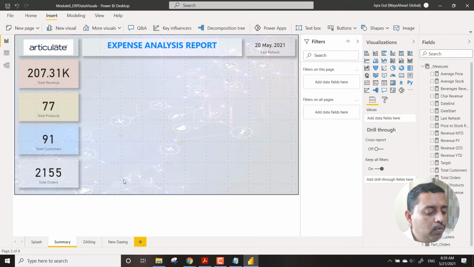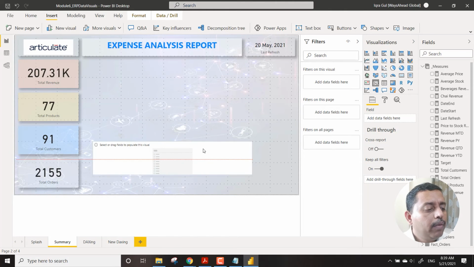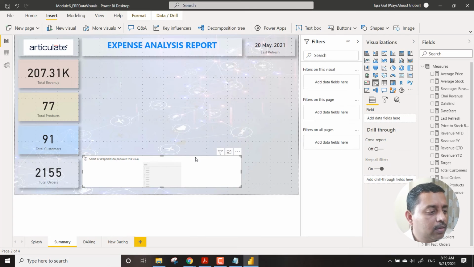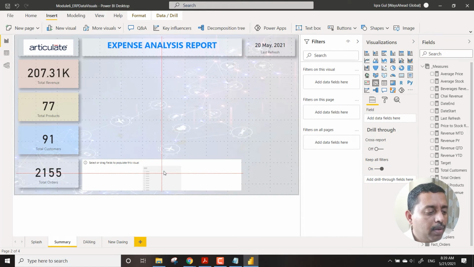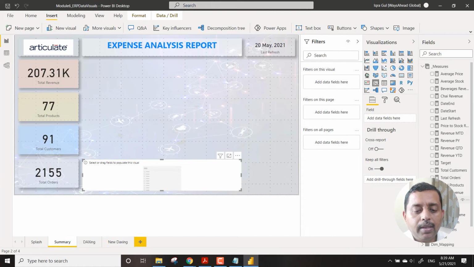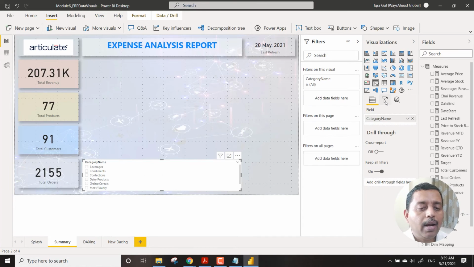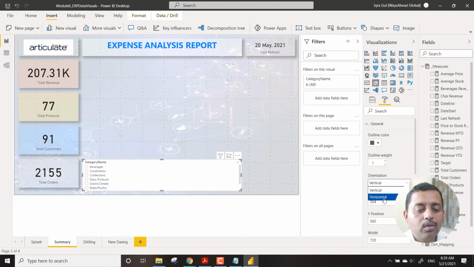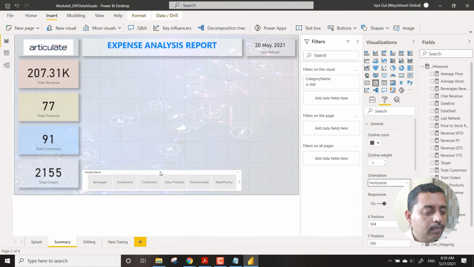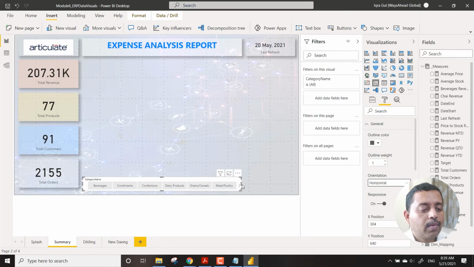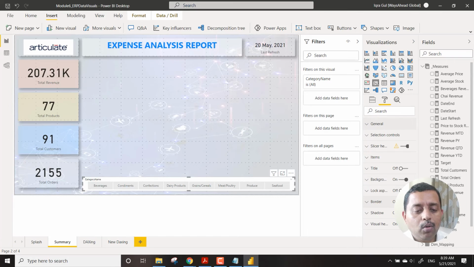And then we bring in the slicer as well. We can copy and paste the slicer from another place as well, but what we are doing is bringing a slicer for the product categories. The category name will be available, and we have already seen how to convert this into a horizontal chiclet. This is called a chiclet slicer, something like this. Then we can bring in the concept of the shadows.